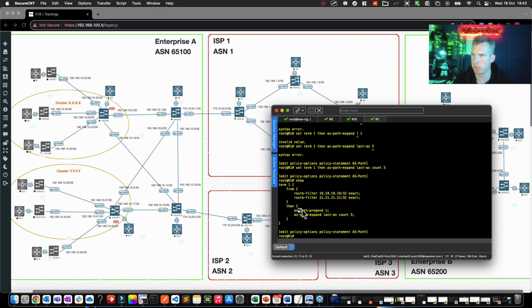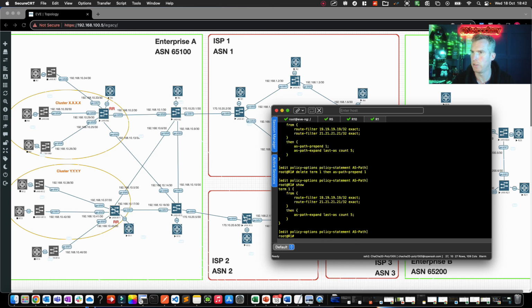I probably just want to get rid of one of these, so just to make it more interesting, I'm just going to get rid of this one because they pretty much do the same thing anyway. This one is saying I want to add in that autonomous system number, whatever was the last one in that path attribute list, 5 times, and this one is saying, well, add in 1 once, or add in 1 two times, however many. So for that you'd be AS path prepend 1 if that makes sense. So I'm just going to do delete term 1, then AS path prepend 1, and let's do a quick show,